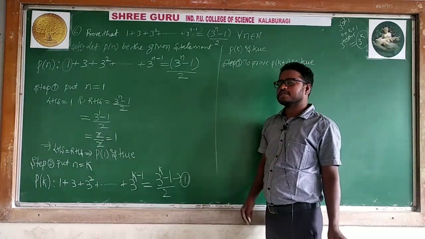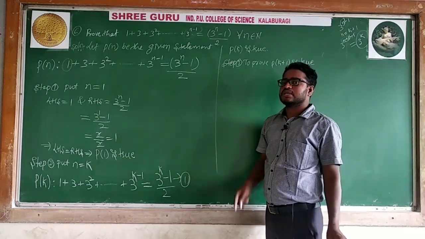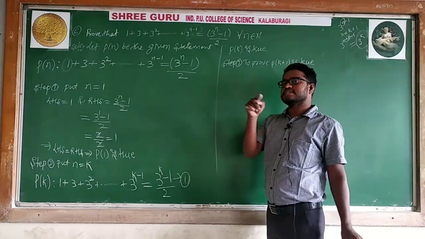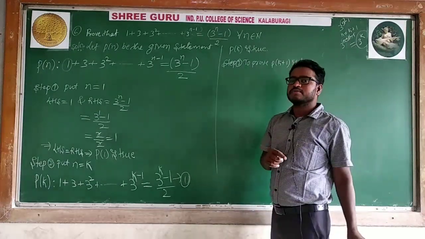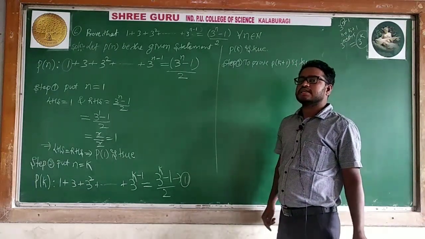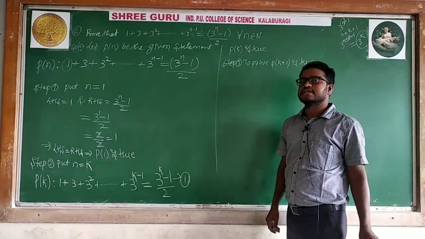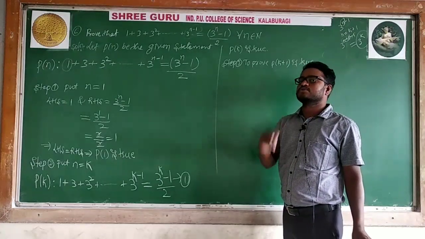In the fourth problem, it is n into n plus 1, n plus 2. N replaced by k plus 1, what you will get after simplification, that you added. Fifth problem, it is n into n plus 1. You can take n as k plus 1, so k plus 1, k plus 2, you added on both the sides.